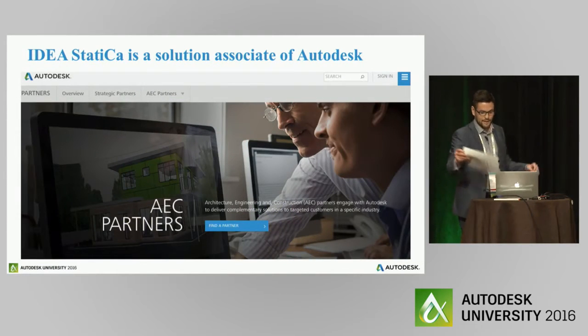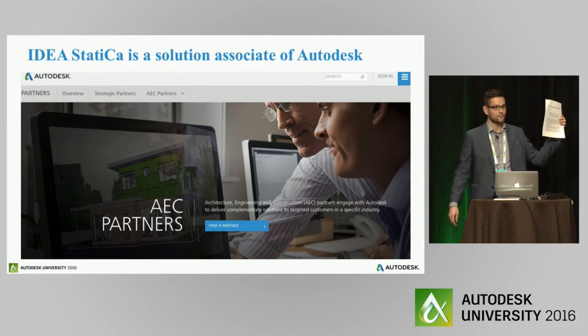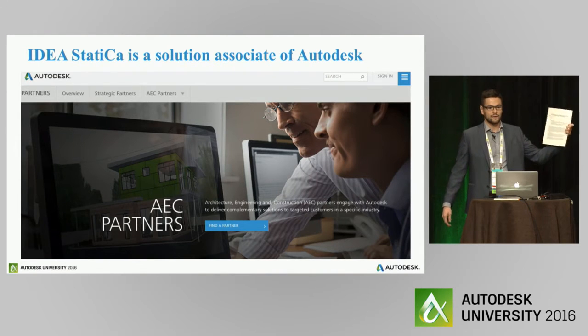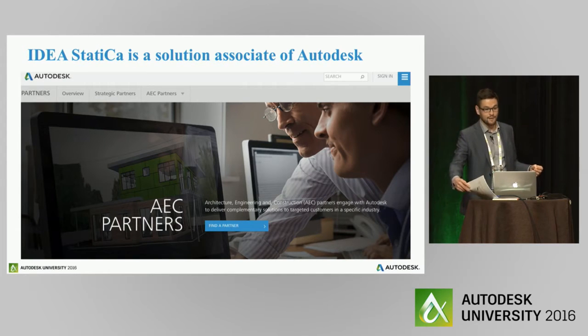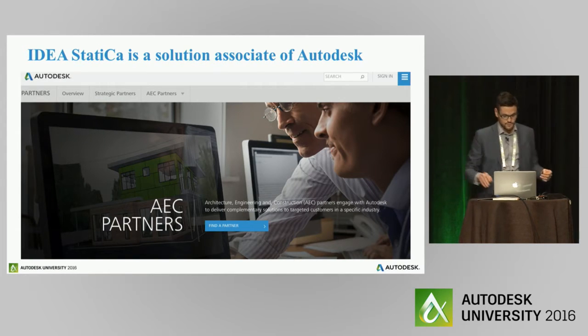We've prepared a handout. It's been online for quite some time, and the most important thing there is a description of the two workflows with Robot and Advanced Steel, step by step. So feel free to use it